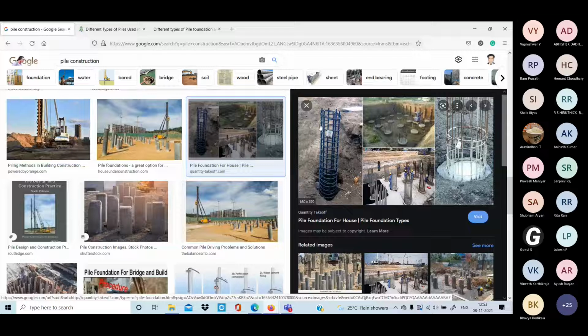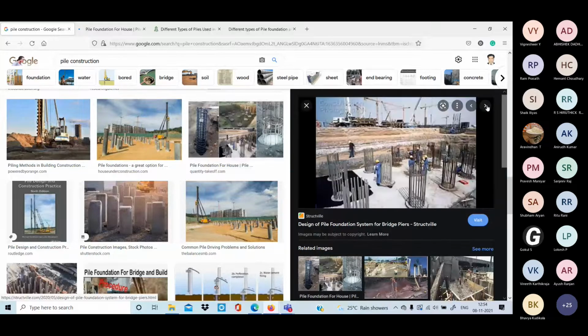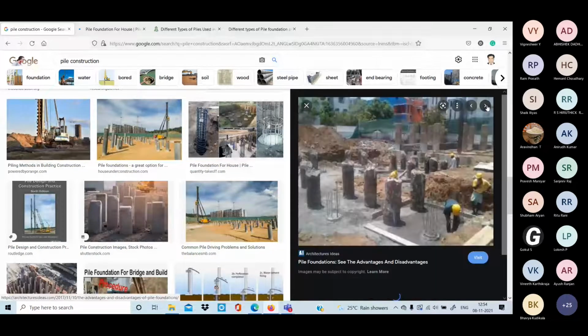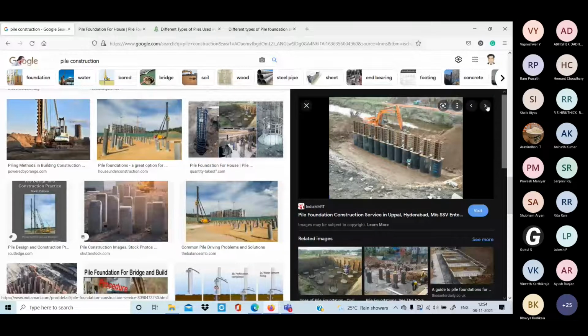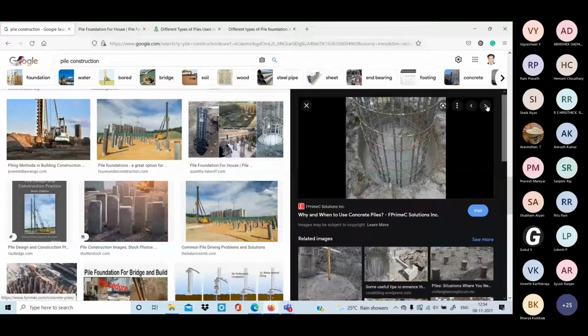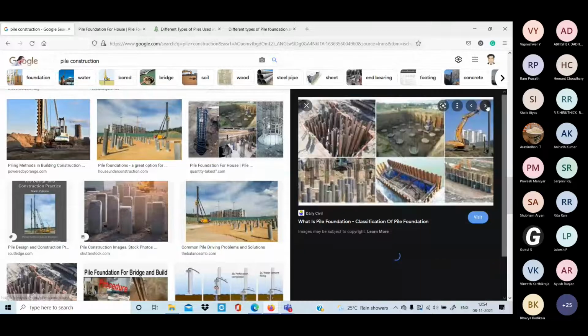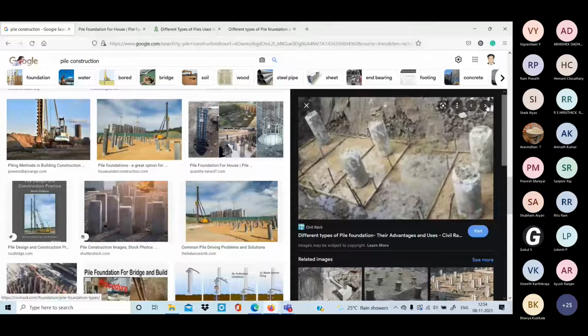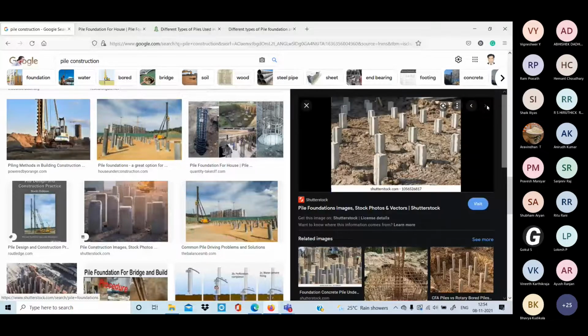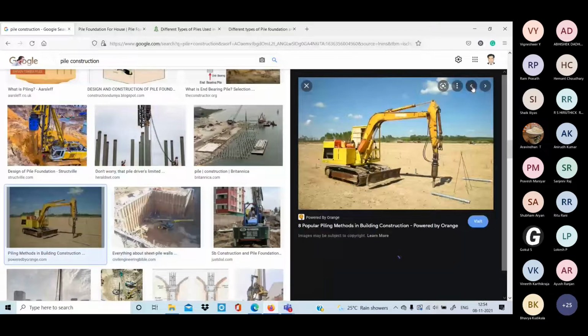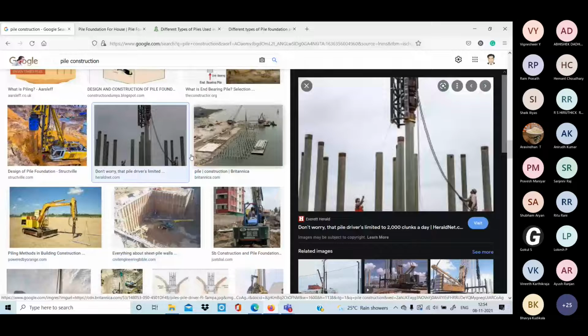Look at these, these are pile foundations. A lot of work has been carried out on piles. Look at these pile foundations. I think they have planned pile foundations. Look at this pile foundation. It is a great advantage to all of you that we are able to see some of the videos online. From an excavation point of view also they have made piles. So this is what you could see, pile foundations.